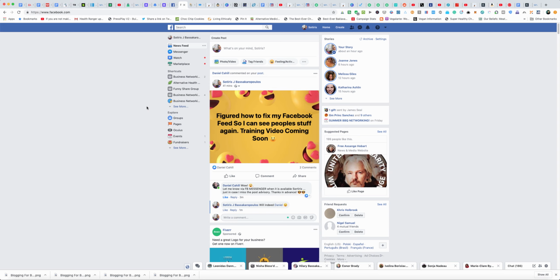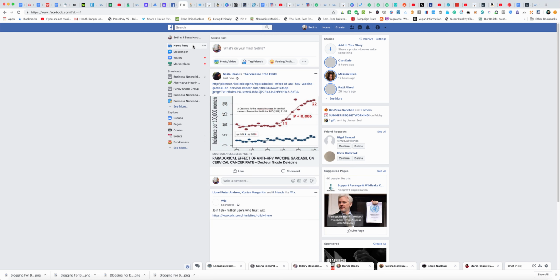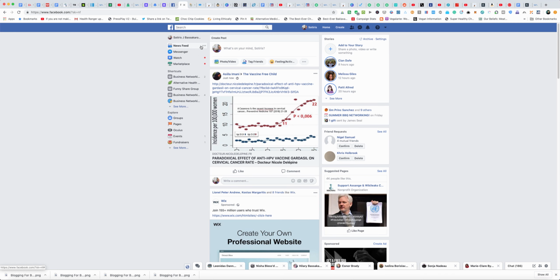So, for the last few years on Facebook, I've noticed that if you go to the news feed, there's top stories and there's most recent stories, like a switch, so that you only see whichever one of those you're on. But as soon as you click the most recent stories, within like 10 minutes, it changes back to top stories. So if you click most recent stories, you actually get to see what's actually on Facebook. But while you're in top stories, which Facebook automatically puts you on all the time,